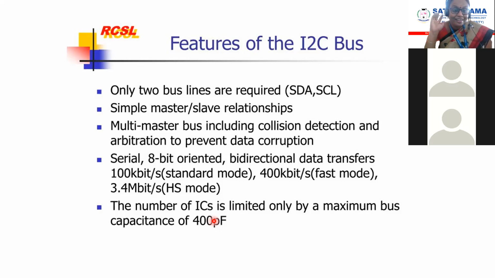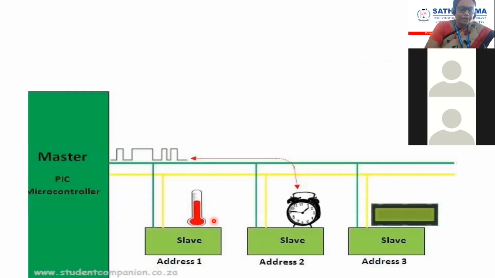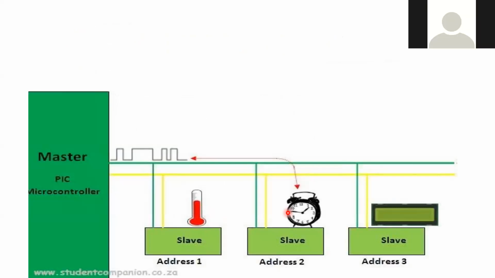PLC, ma'am. Electromagnetic theory, ma'am. Yes, electromagnetic theory. In EMT only, we used to measure the capacitance value in a cable, like a single coaxial cable and all. You have seen so many categories. So there we studied how to measure the capacitance, and here we are studying how the influence of capacitance also makes the speed of the bus lower, due to some interference. Okay, now the next one is,